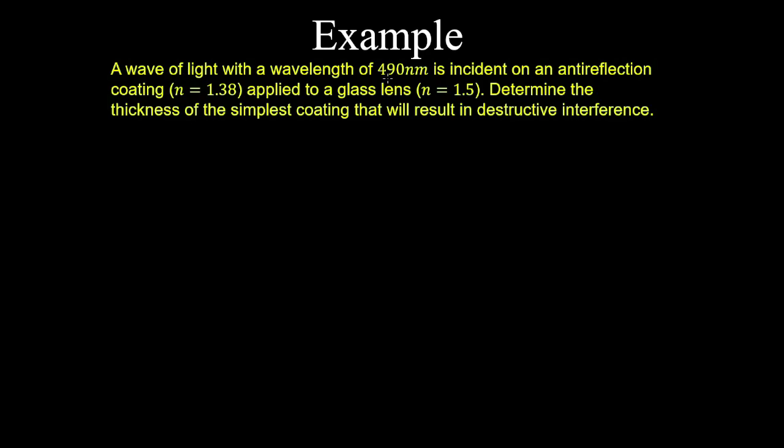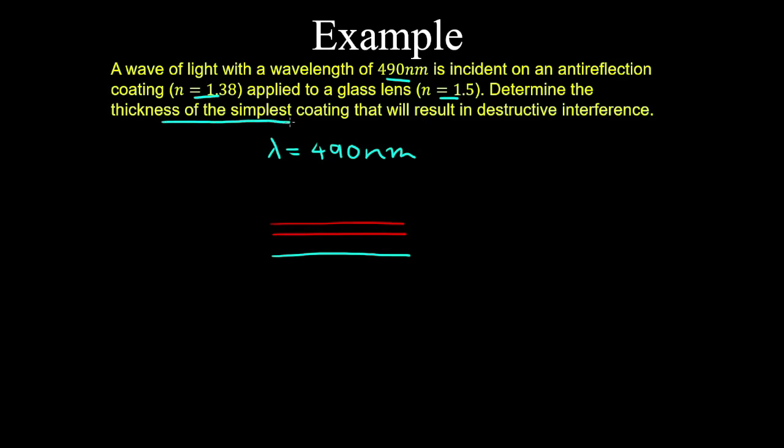A wave of light with a wavelength of 490 nanometers is incident on an anti-reflection coating applied to a glass lens, and we're given the refractive indices of both mediums. Determine the thickness of the simplest coating that will result in destructive interference, while assuming the light wave is incident in air and is normal to the surface, and if we label these mediums 1, 2 and 3,